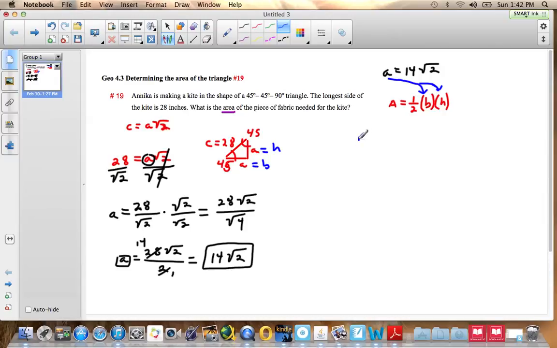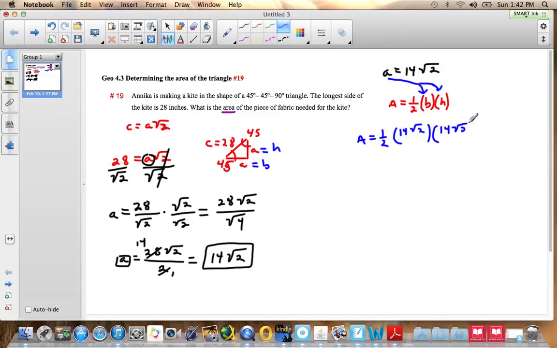So I end up with A equals 1/2 times 14 square root of 2 times 14